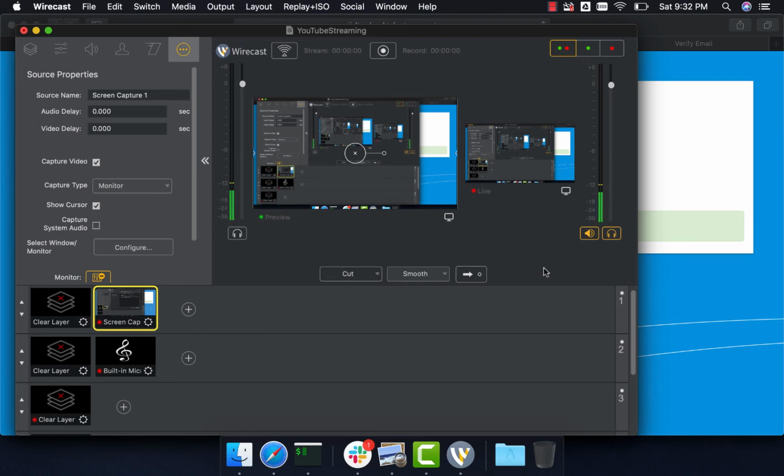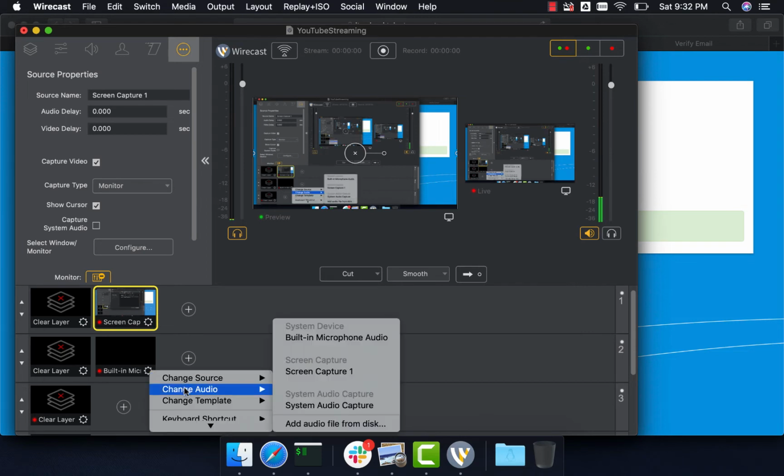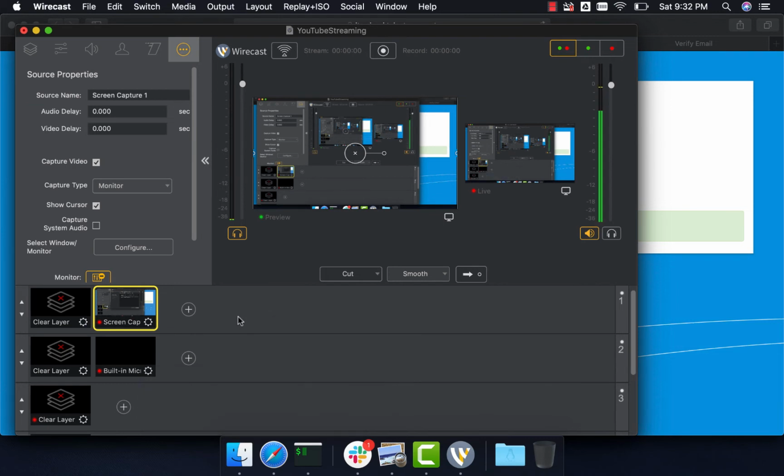So my sound is echoing. So I have disabled audio for now because it is echoing for me. But typically you have to choose the appropriate audio, which is nothing but built-in microphone audio. Because I'm using Camtasia to record this, it is getting confused. But once you configure the audio, even that one you have to select like this and you have to add it. Once you add both of them to be captured, then you can click on the stream to YouTube